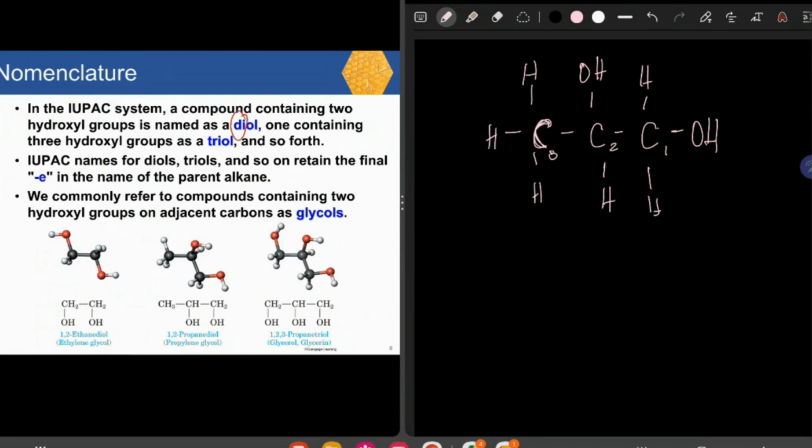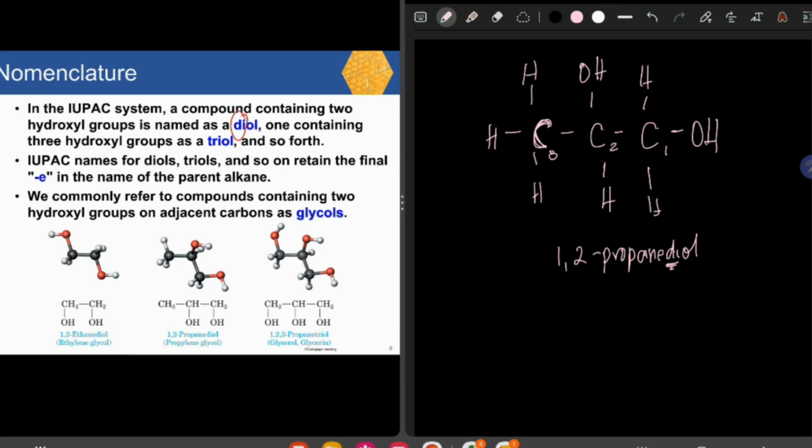So for this one, ang ating naming for this one is ilang? 3 carbons, dalawang hydroxyl group. So that will be 1, 2, 3. Pro, propane, diol. So we add di, no? Hindi na natin inaalis yung E, like propanol, ganyan. Hindi na inaalis, no? Instead, we just add yung ating ol. Naintindihan ba yan? Okay, so IUPAC names for diols and triols retain yung letter E, and we commonly refer